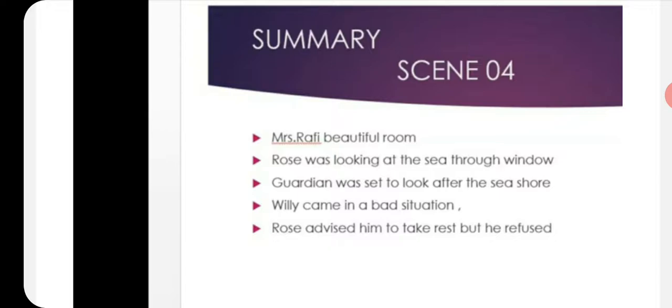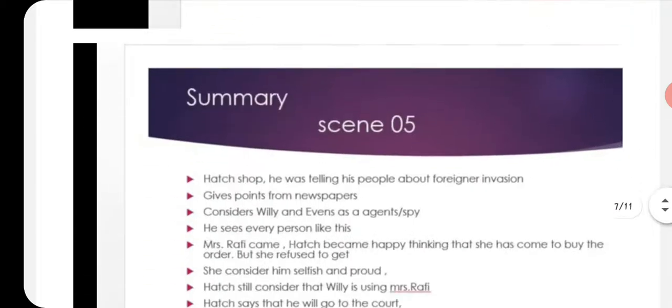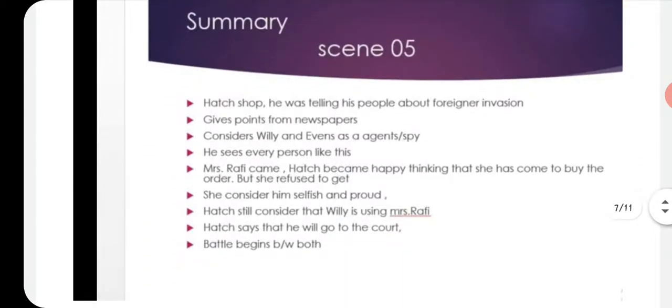Now the relationship grows between Willie and Rose. Rose started to like Willie because Willie and Collins were friends, and now Collins has died, so she thinks that Willie will be a better choice for her. After that, in scene 5, Hatch's shop is described, and he is telling his people about the foreigner